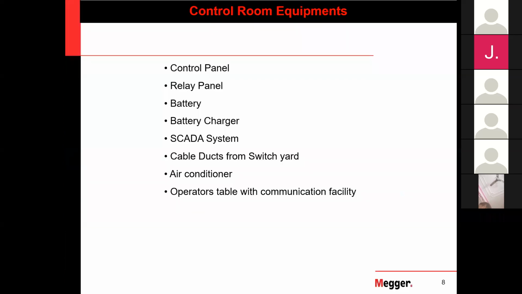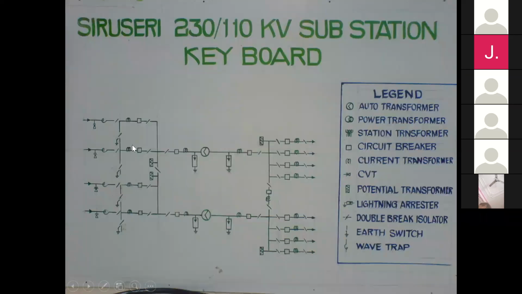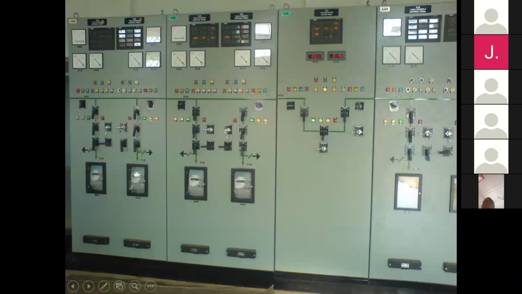So what is a bay? So in this single line diagram, we can call this as bay. So one particular line along with the associated isolators, breakers, CT, PTs, everything is called as a bay. So this is a bay, bay 1, bay 2, bay 3, like that you can give any names, but this is a bay. So there will be one control panel for one bay or one control panel for two bays. Here you can see two bays are there. So one control panel for two bays. They are kept adjacent to each other.